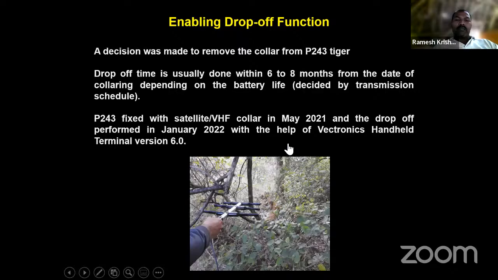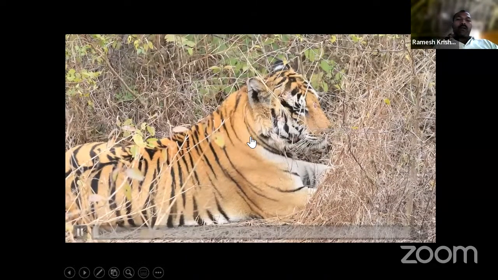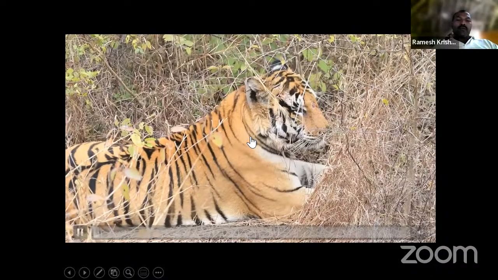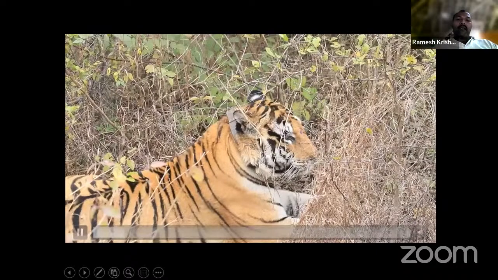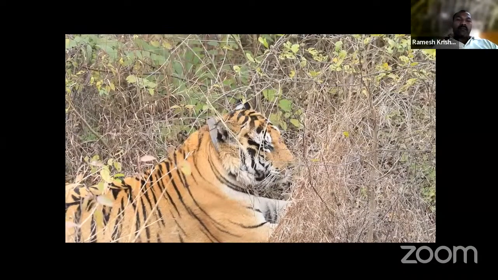You can actually see this. This is a collar on this animal. So through the technology that we had, we could use the communication from our handheld antenna and trigger this. So then the collar comes off automatically. So it basically advances our use of technology in wild animals. You can just see that it just suddenly breaks.